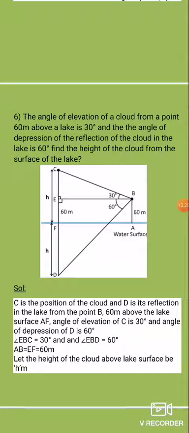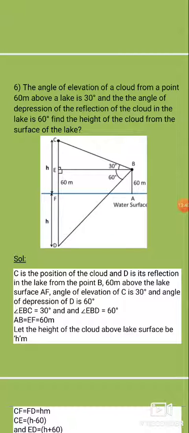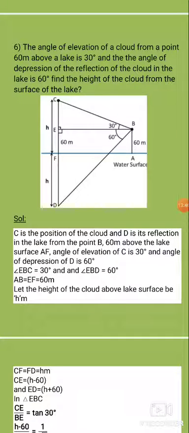AB is equal to 60 meters. So EF is also 60 meter. Let the height of the cloud above the lake surface be h meter. That is CF is equal to h meter. Same as FD is also h meter. Now next, CE. If CF is equal to total h, and EF is equal to 60 meter, CE is equal to h minus 60. Same as ED: FD is equal to h and EF is equal to 60, so ED is equal to h plus 60. Now in triangle EBC,